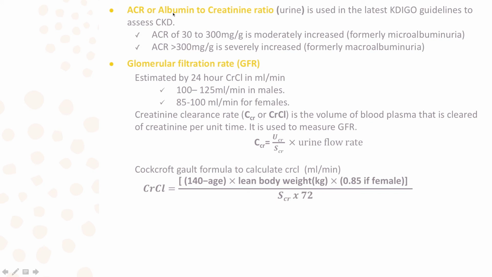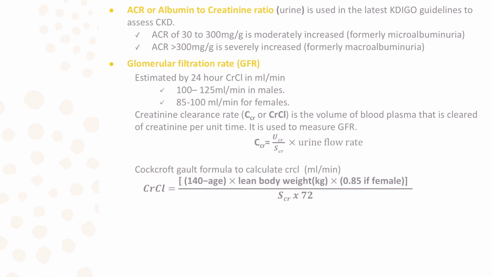Students, remember, the albumin and the creatinine here are the urine ones, the albumin found in the urine, not in the serum. The urine is collected for 24 hours, and then this urine albumin for 24 hours is calculated. Next is glomerular filtration rate.